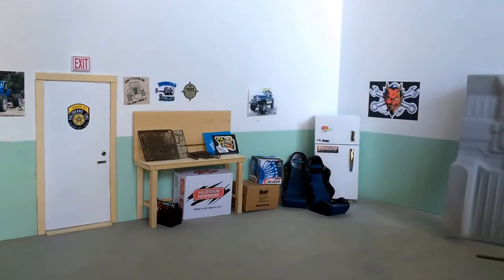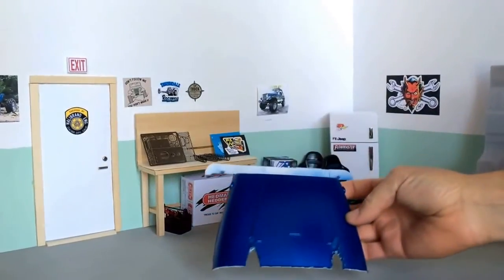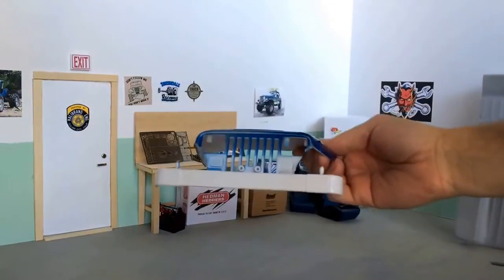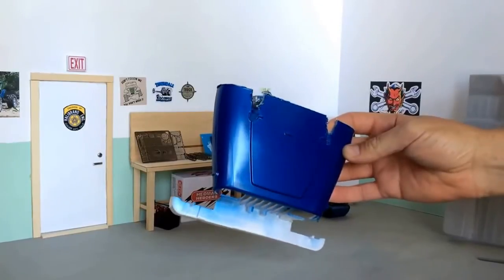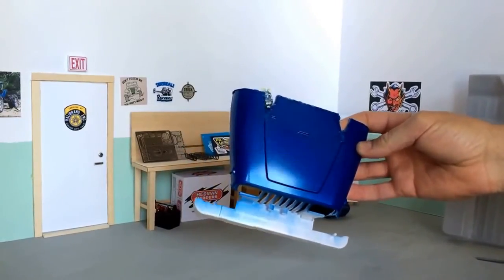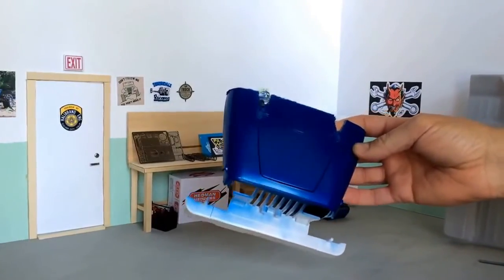And the last thing I wanted to talk about was my color choice. Here is the stock hood that I cut off. This is the Wrangler grill. And I did a little test paint on here just to see what the color would look like. I used the thin primer, and then I just shot some of the color on there. It's only one coat, and I didn't do any sanding underneath it, but I just did a little color test